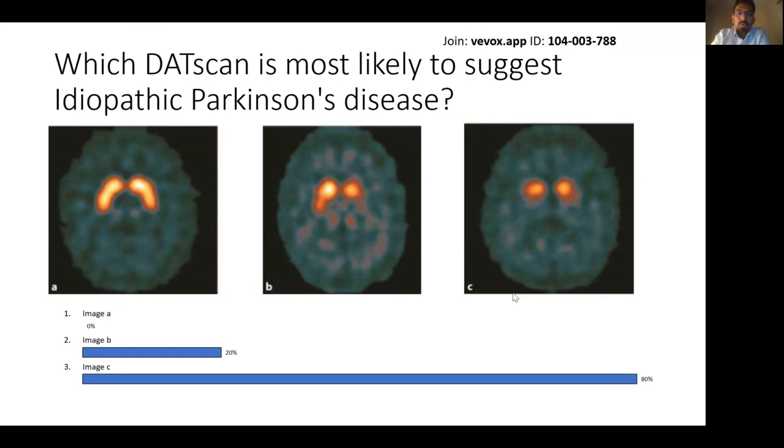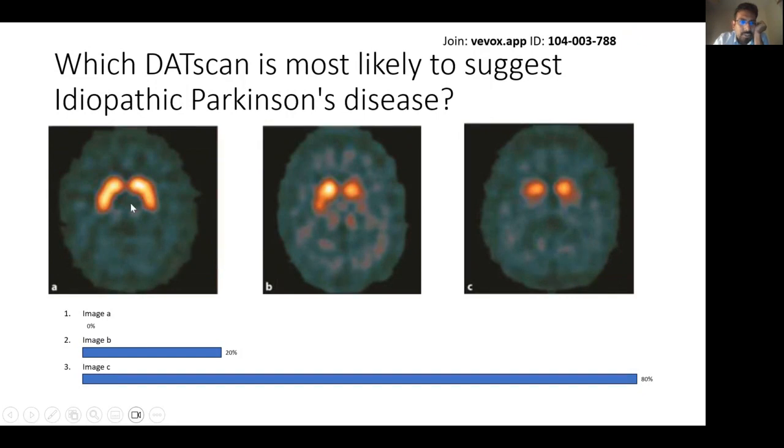To be honest, both 2 and 3 could be seen, but if you could focus a little bit, you can see that the asymmetry is more in image 2, and the dopaminergic cells are lost, but image 3 looks more or less symmetrical. So you cannot say C is impossible, but if you have to choose one, the best answer would probably be 2, because if you can still remember, we are talking about a comma.